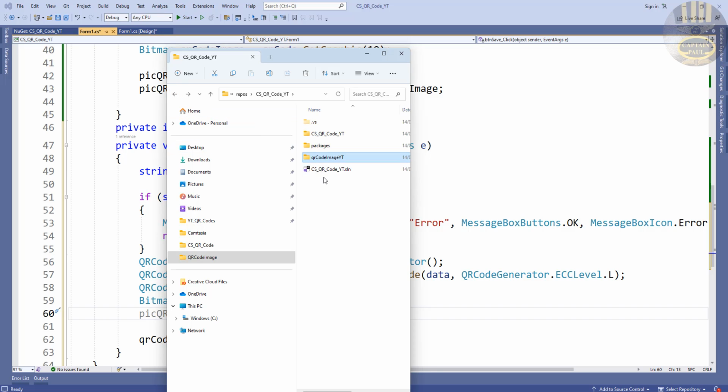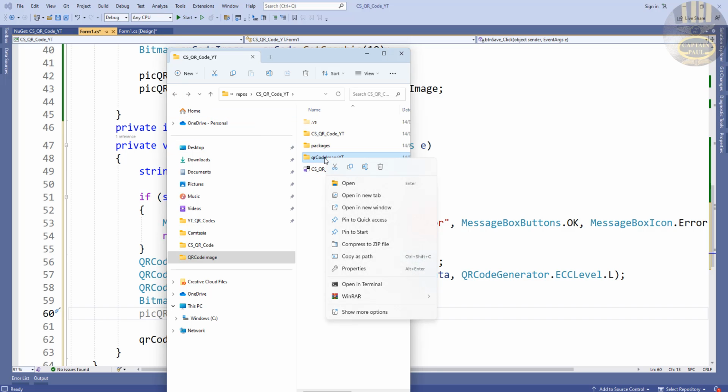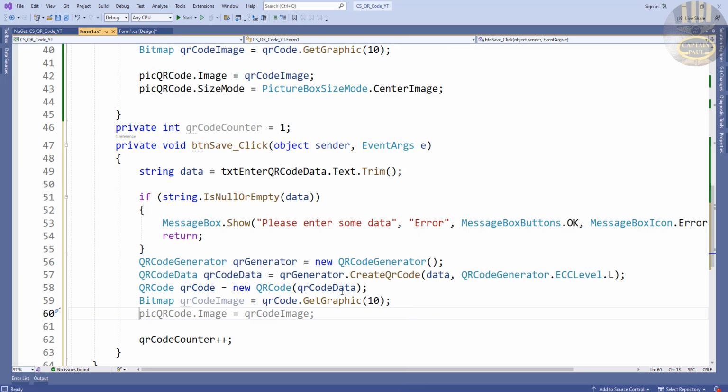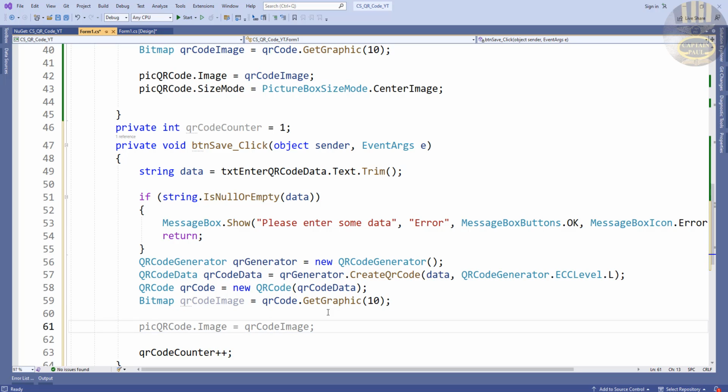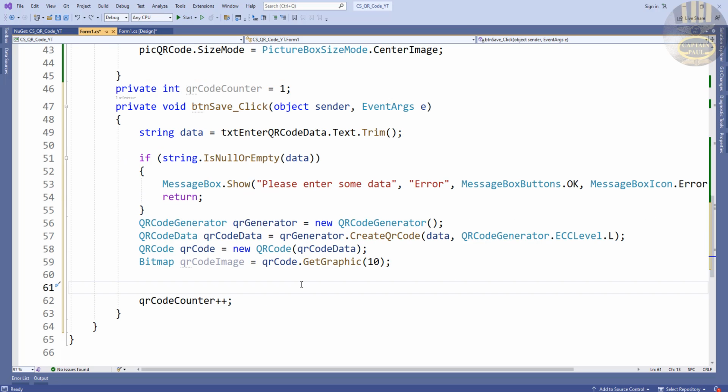Okay, you see that very folder now? I'm going to right click on it and let's select the path. I've copied the path now, that's fine. So now let's come right underneath here. Right underneath here, I am now going to say